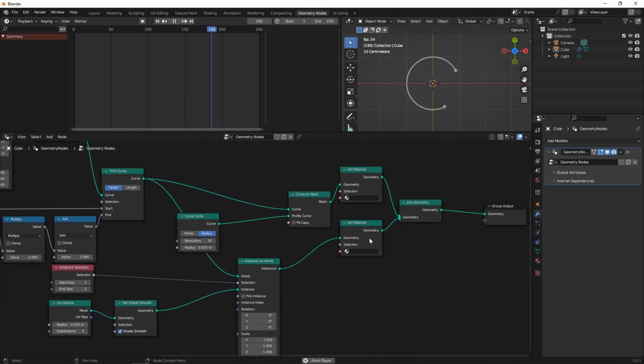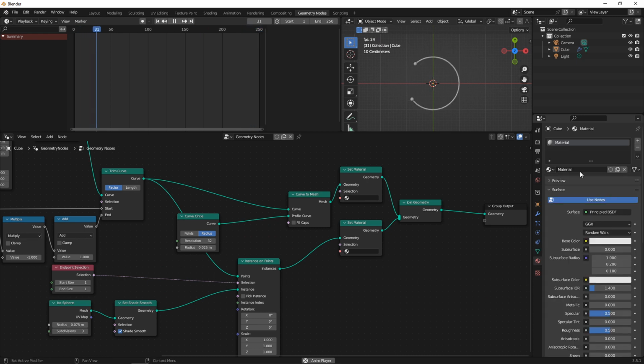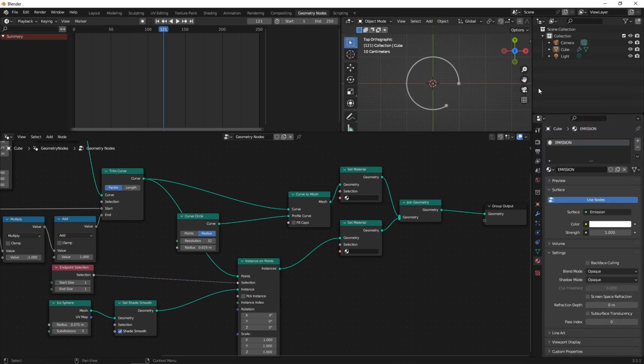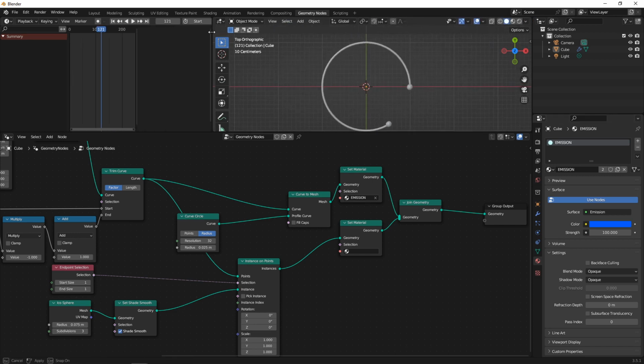So let's add very quickly a pair of shaders. So let's call it emission. Let's pause this because I think it's slowing down my computer a little bit. Let's just make it an emission for now. Make it nice and blue. That's this bit here, emission. Let's crank that up to 100. Move you over here,